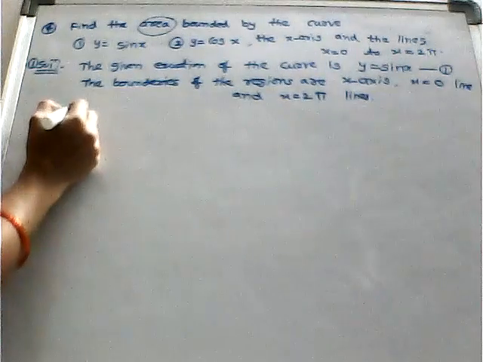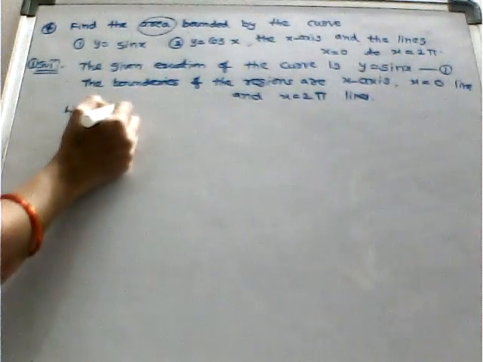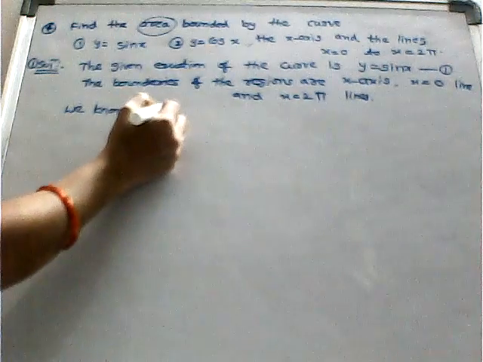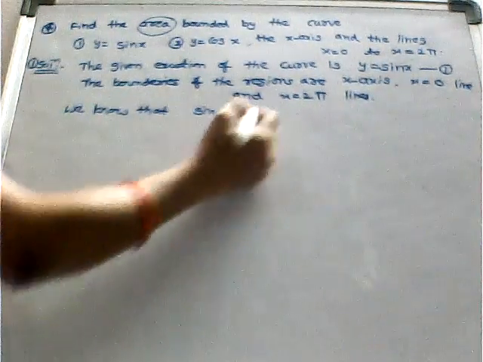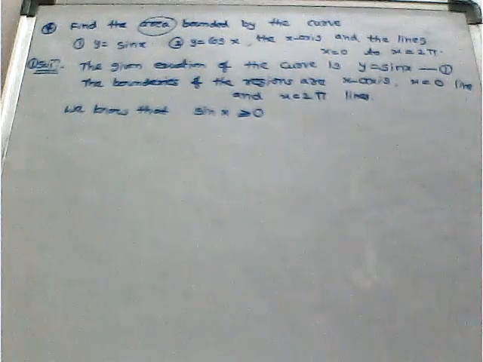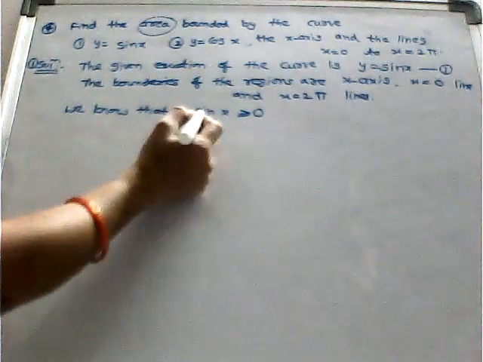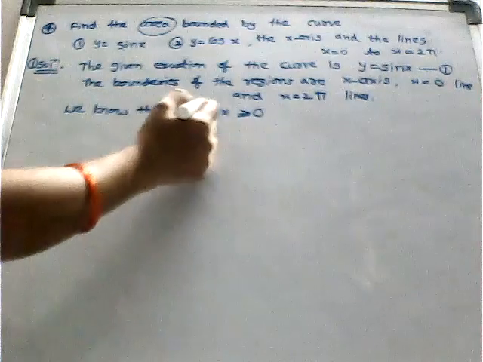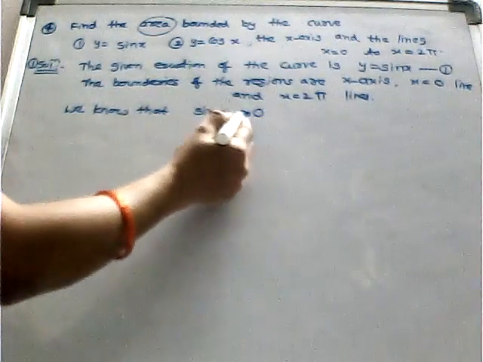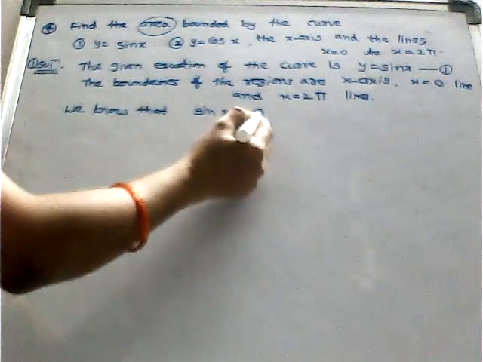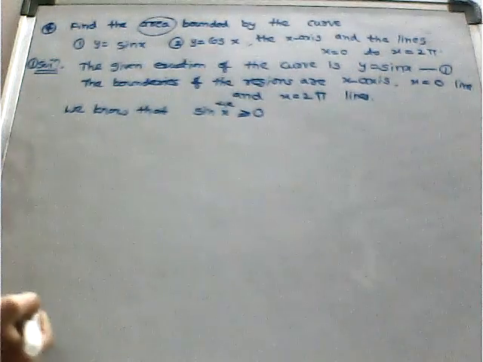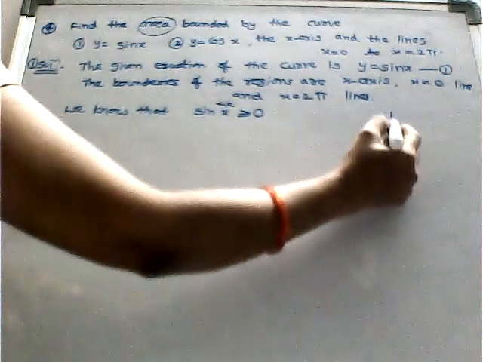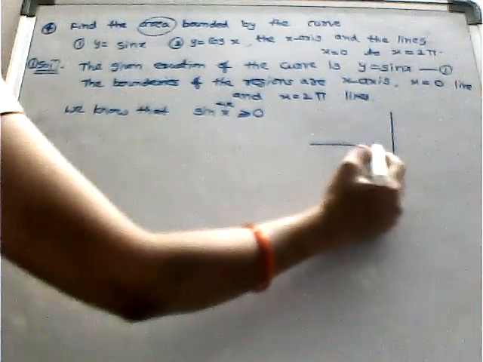We know that sin x values are greater than or equal to 0. Whenever sin x values are greater than or equal to 0, that means the functional values are positive. Greater than or equal to 0 means they are positive values. Whenever possible, we take